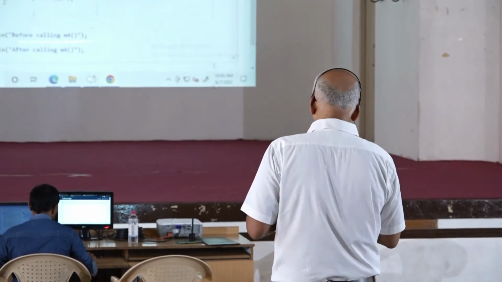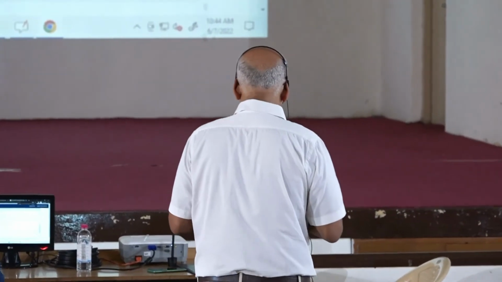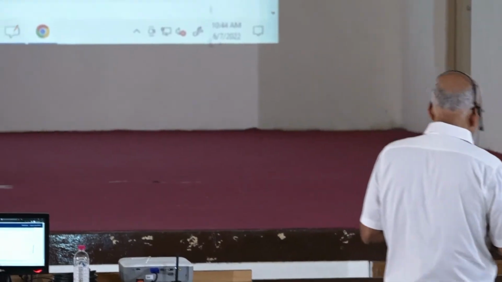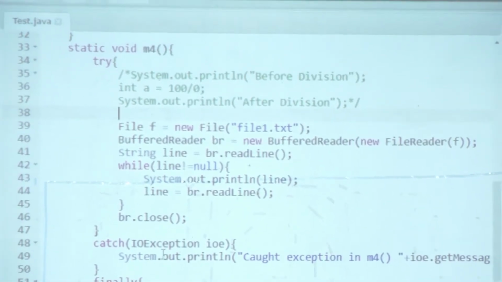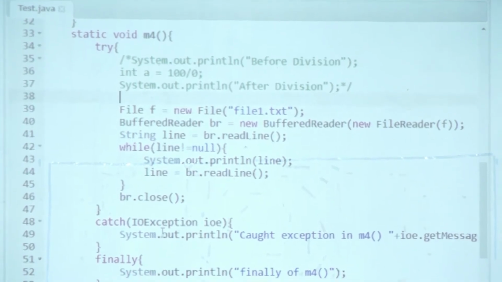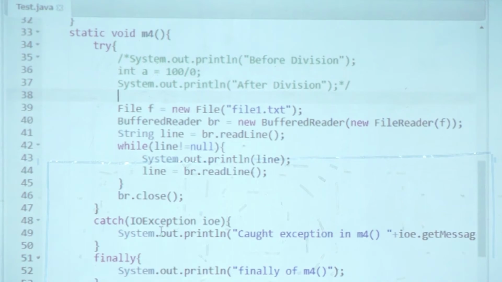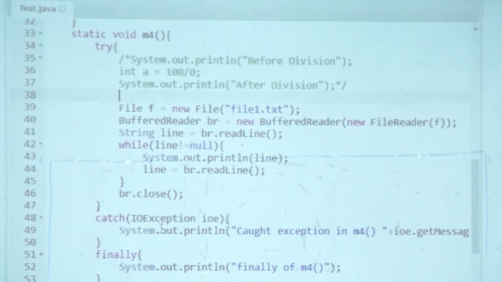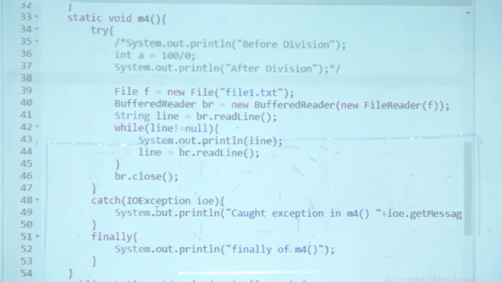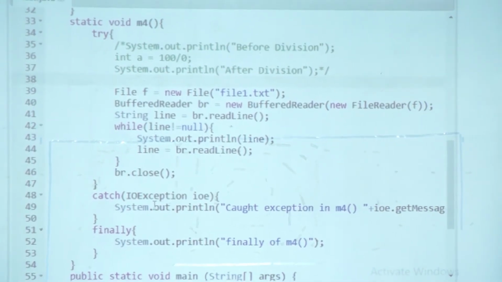So now my first question will be, because now I have introduced a checked exception, will M4 compile? As it stands, will M4 compile? At this stage, I have an exception handler for IOException.